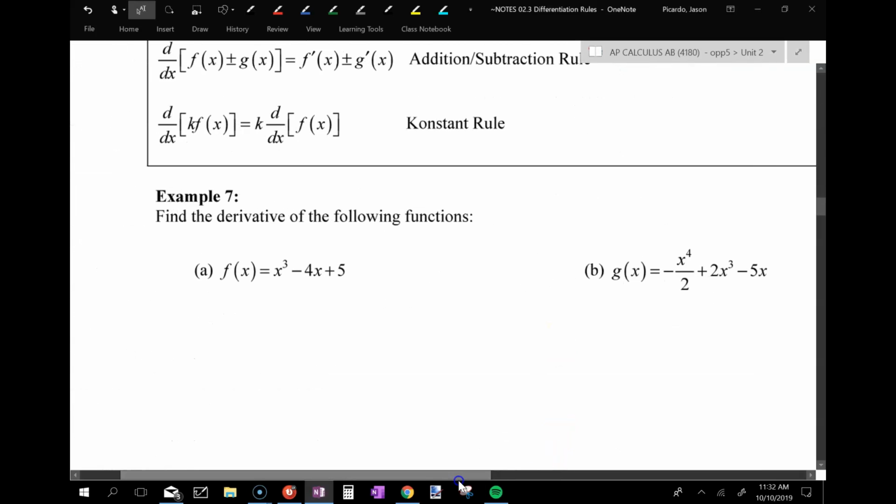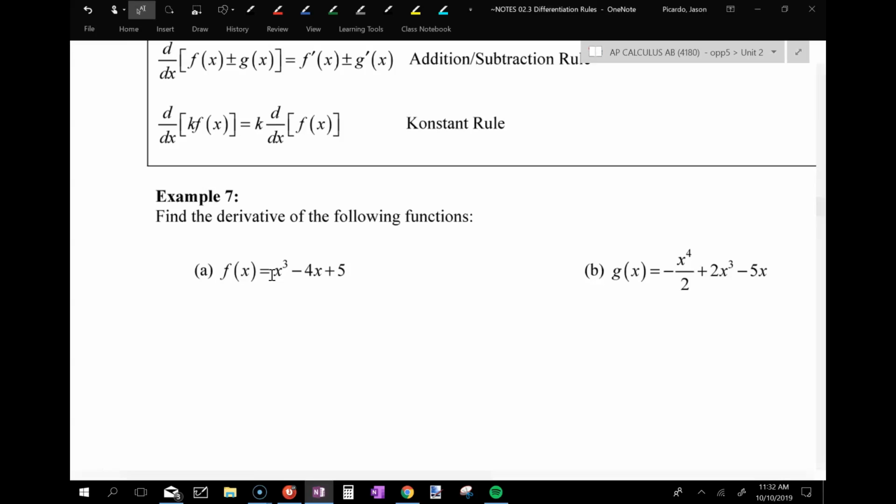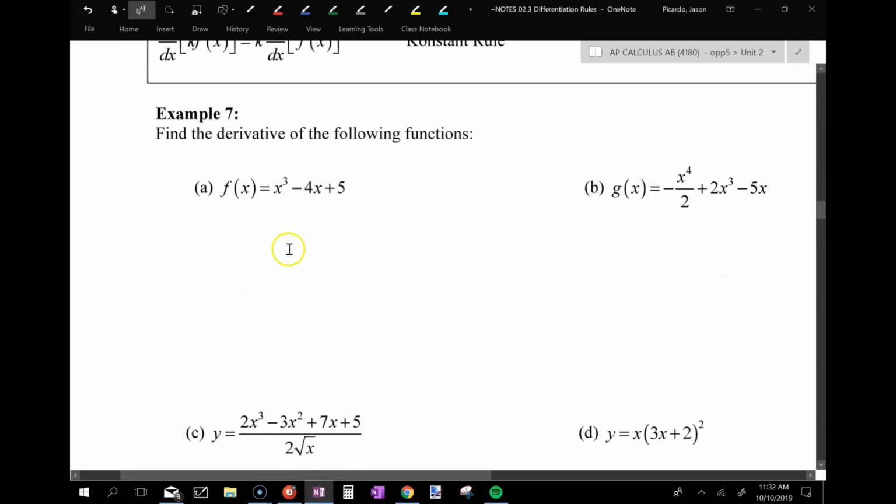Guys, guess what? You know how you could do limits in succession? If I have 3 pieces, you could take the limit of the first piece, add it to the limit of the second piece, subtract it from the limit of the third piece, and get your answer. Same thing with this, right? So, if I want to take this derivative, all I got to do is take the derivative of this first piece and the second piece and the third piece. That's it. So f prime of x